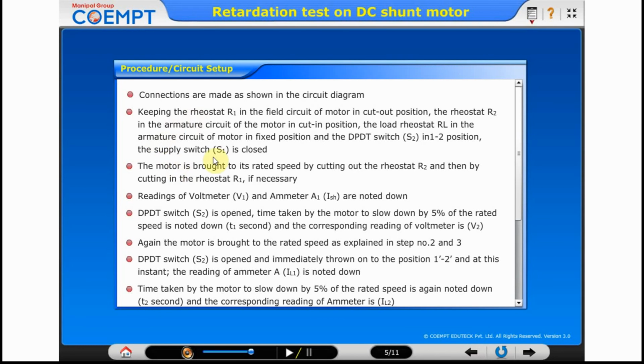Okay, and the supply switch will be closed. So we close the switch. Now the motor is brought to the rated speed using the cut-out rheostat as well as the cut-in rheostats. Then we take the various readings of the voltmeter. Before we cut off the supply, we'll take the reading of the voltmeter and ammeter, and then now the DPDT